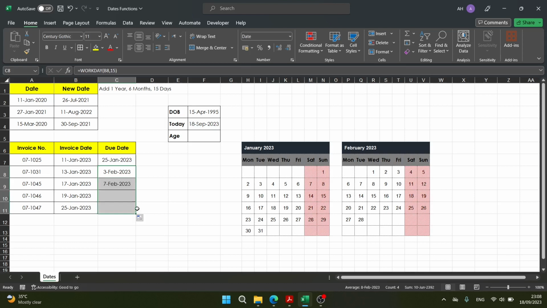Now the third formula, which is a hidden function in Microsoft Excel, is required to calculate the duration between two dates in the form of number of years, months and days. So I have got my first date as a date of birth, and this is today's date, and let's assume I want to calculate my exact age in number of days, number of years, months and days. To do that, I have to use a function called Datedif,